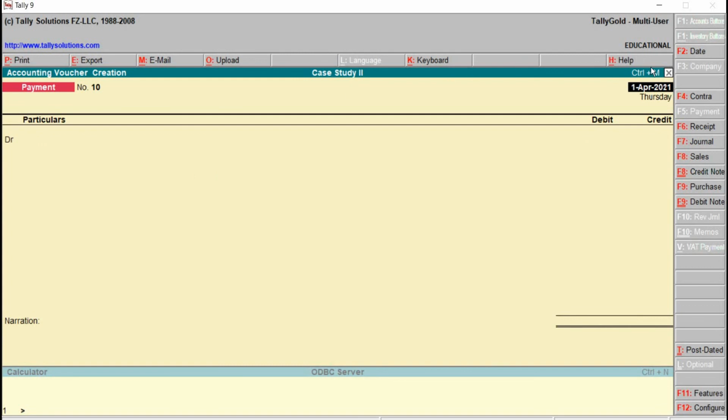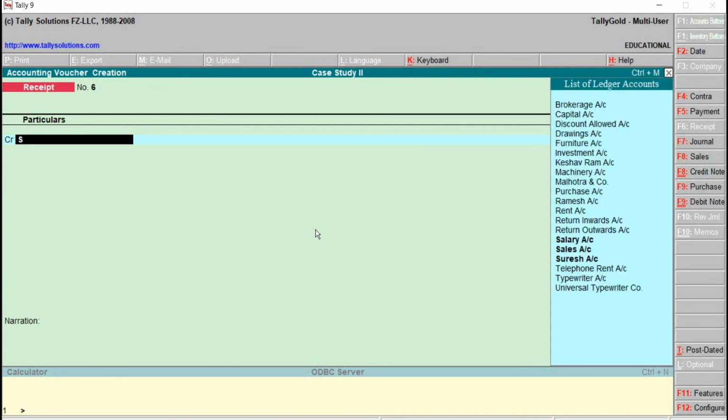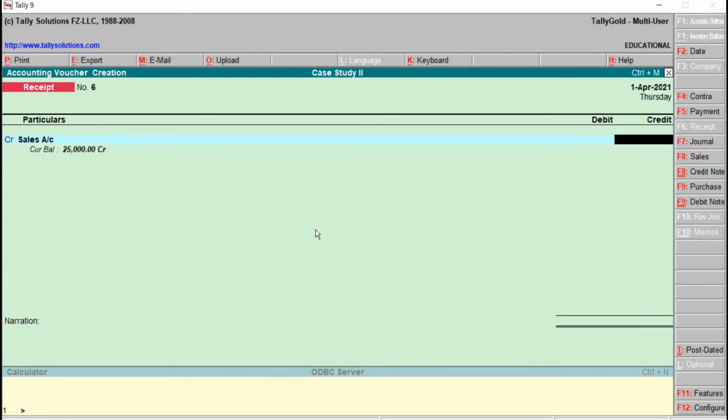The next one has to be passed under the voucher, that will be the receipt voucher. Click on this one. Then what will be credit here? Here credit will be the sales account. What's the amount here? 2000. Debit will come, debit cash. We are going to receive 1900.